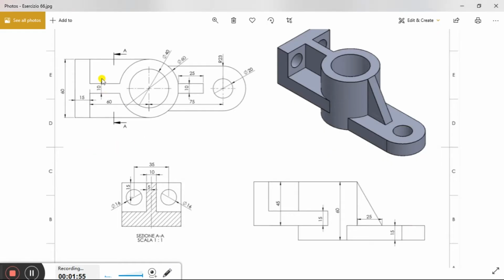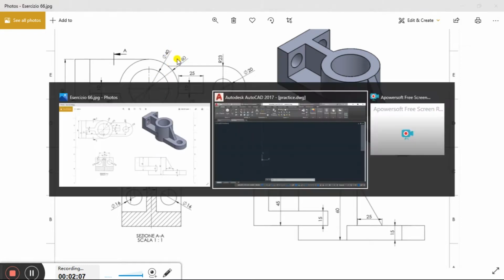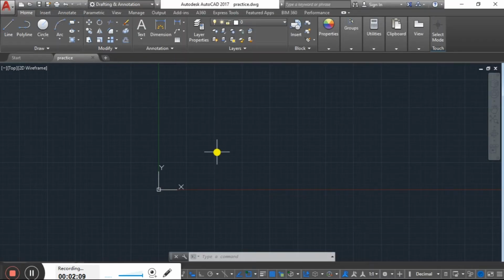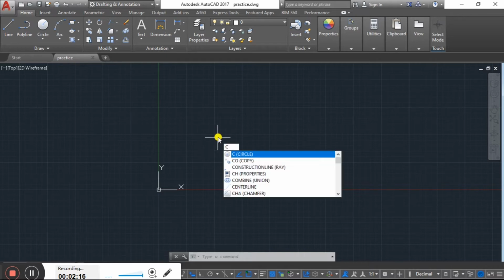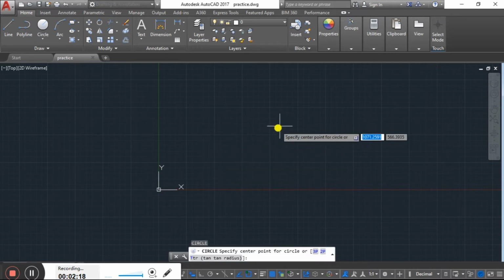For creating the first view, we take this top view. In the top view, starting from the center, we have 40 and 60 dimensions. So let's create these. First press C for circle, press enter, and just place it anywhere in the task window.